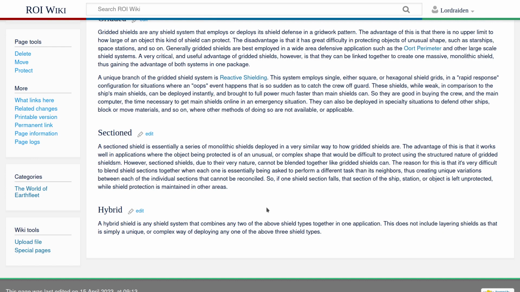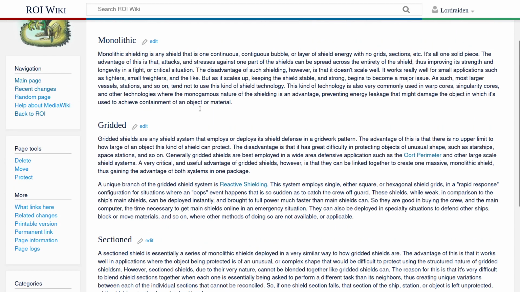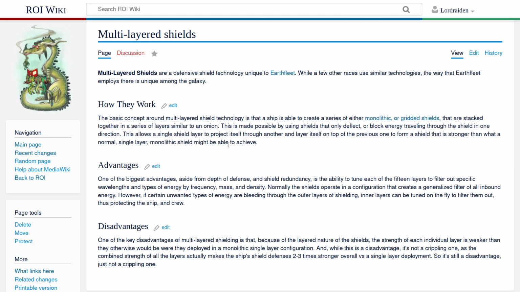Hybrid shielding is a combination of any one of these three, as well as the multi-layered. Basically, they just mix and match shield types to get what they want. Like they could take,